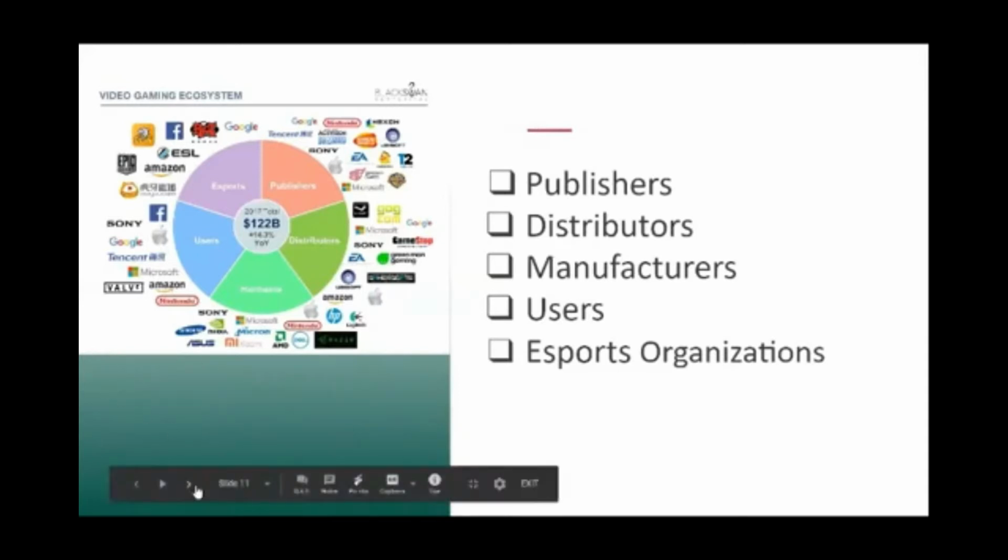Yeah. And the ecosystem, just to continue to show how large it is, is an ecosystem that has only been growing. So this reflects 2017, what the ecosystem looked like. Just imagine what it is now in 2020. And then it was a $122 billion ecosystem where money was being made, money was being funneled in